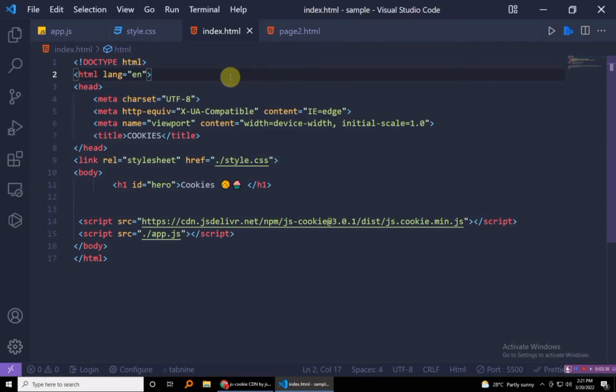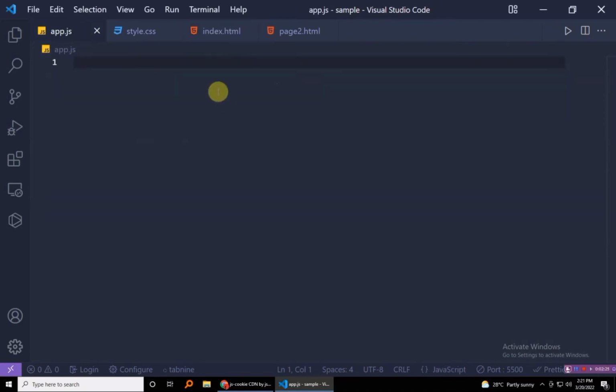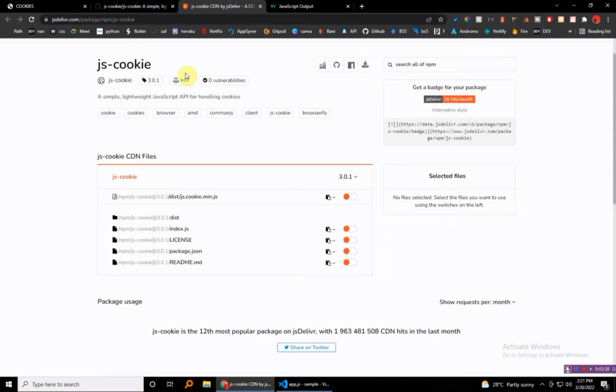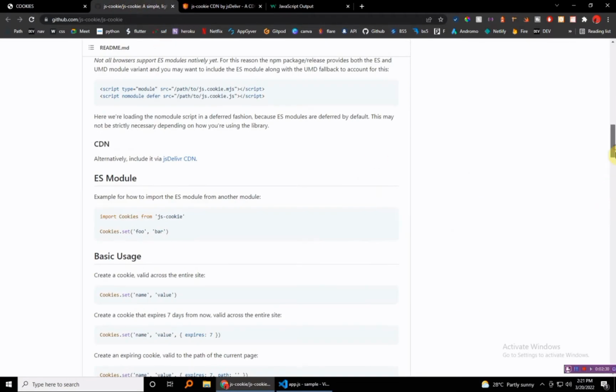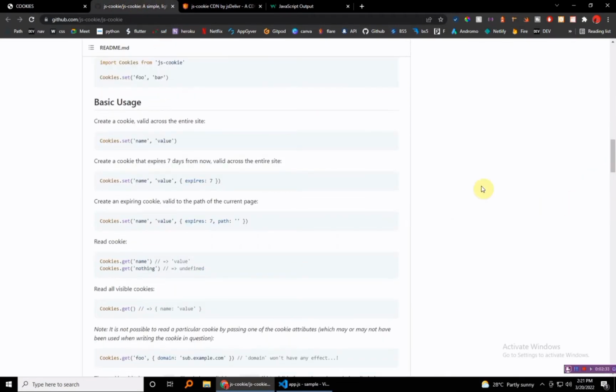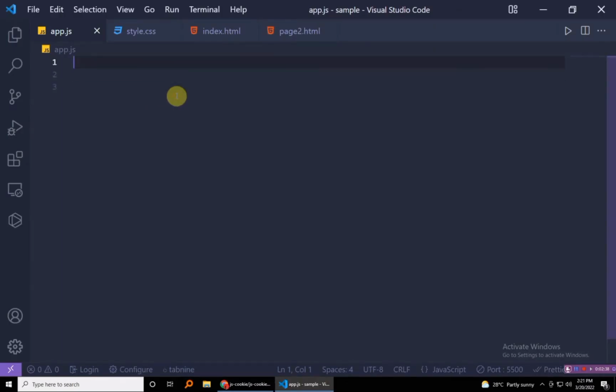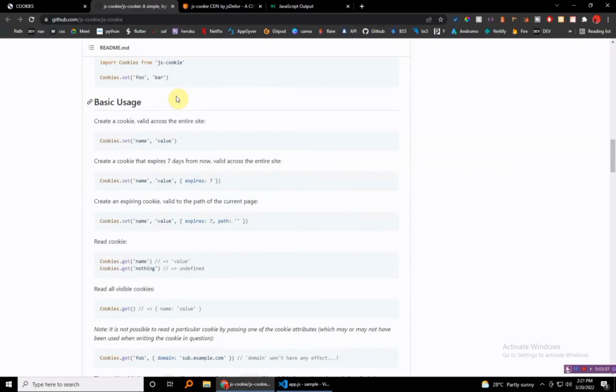So first of all, how about we just create one? So creating a cookie, the syntax is pretty simple. You can find the usage right here. So we use the keyword set to create this particular cookie. So let me just comment this and say creating a cookie. So what you're going to do is Cookies.get, not get, that is beyond me. You are creating it, so you are setting it. So Cookies.set,